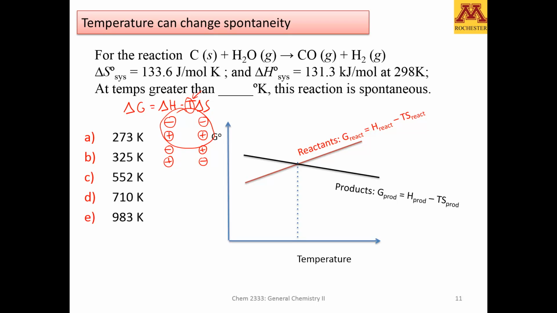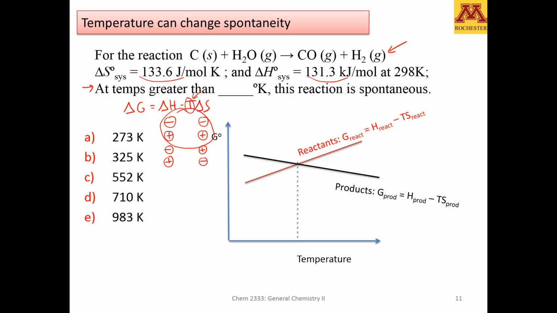changes. In this case, we're given not a phase change, but just a reaction of carbon with water giving carbon monoxide and hydrogen. Notice that from the entropic point of view, this is favorable. However, from the enthalpic point of view, this is not favorable. In other words, it's endothermic. It decreases the entropy of the surroundings by taking energy from the surroundings. So we are being asked at what temperature there will be a transition of